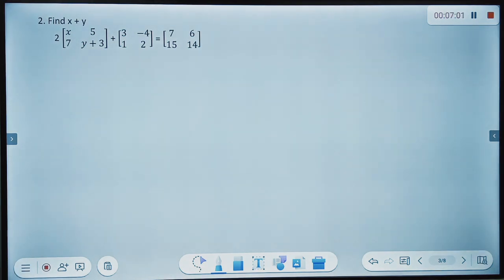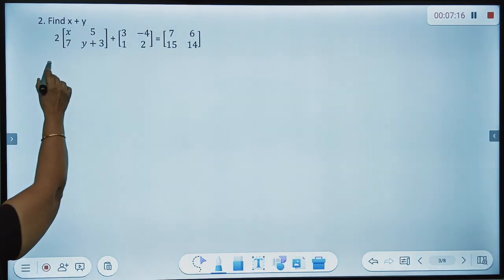Now you have to find x plus y. That means we have to solve for x and y. What is scalar multiplication? Scalar multiplication of a matrix means every element in the matrix should be multiplied by the scalar. So this will be